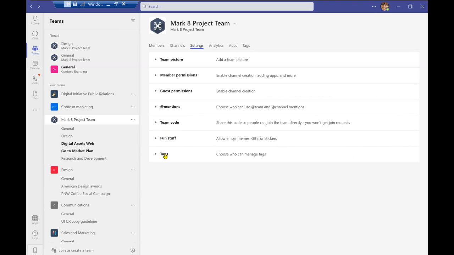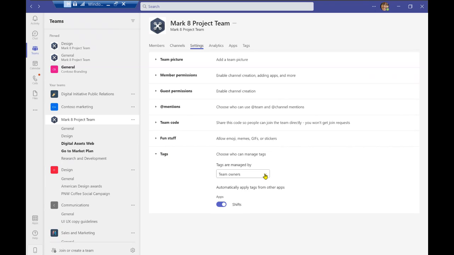And along with that, we have tags. Having tags will allow for the specific team and channel members to be drawn to the information that they have to complete throughout their day-to-day functions. So whether it be a group of people or a specific person, you can create a tag for a specific task. They'll be directed to that task when you put out those tags for them later on.